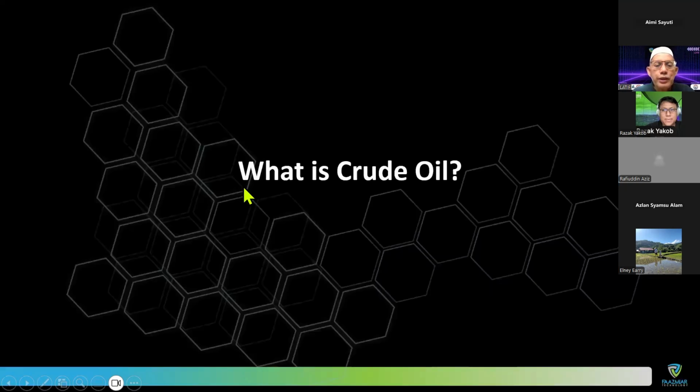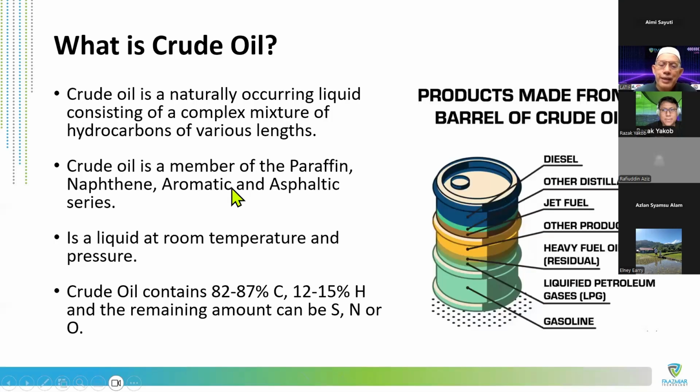Okay. So the next one, we can now go to the crude oil. We have covered gas, understanding about gas that dissolves in the oil, and sometimes it's a dry gas. It's going to be produced to surface, and if it is produced too much, the vacuum effect will be there, and then of course you need a drive or artificial lift to make sure you continue to produce the hydrocarbon. So now we come to crude oil.